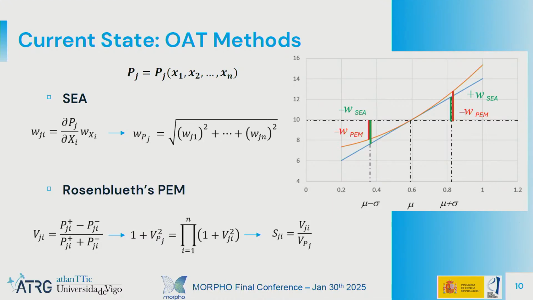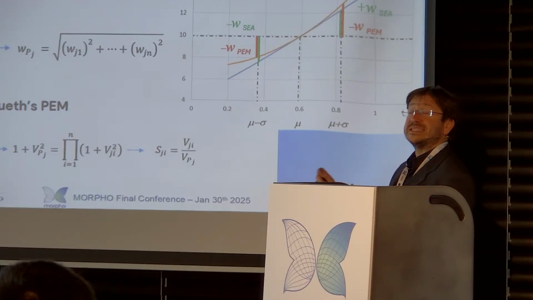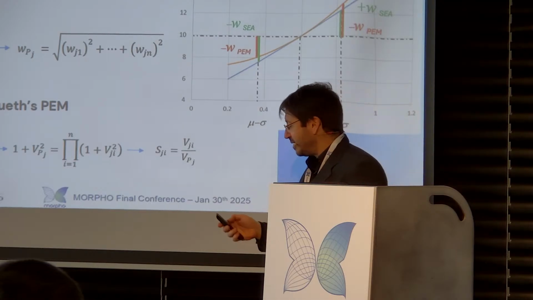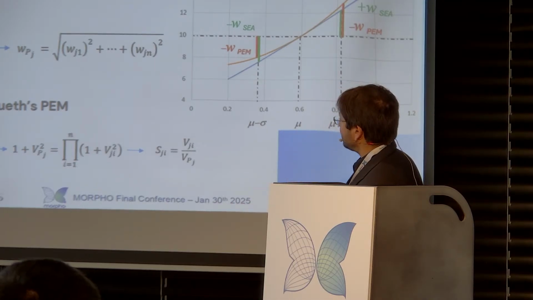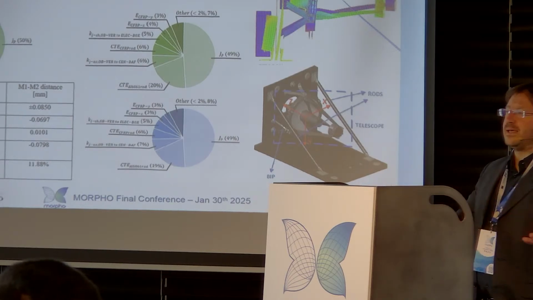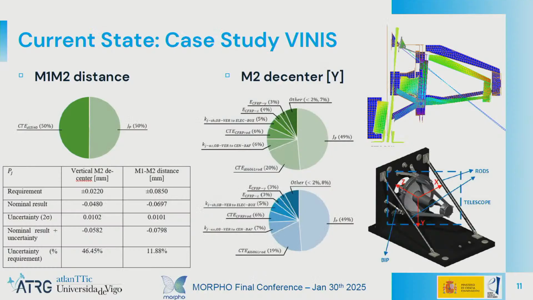And Rosenbluth is a little more complex, okay, we will not delve into details here, but you have similar information, and also Rosenbluth uses more runs, and you can get information on the asymmetry of the behavior of the performance parameter with each of the design parameters. Okay, so all this leads us to